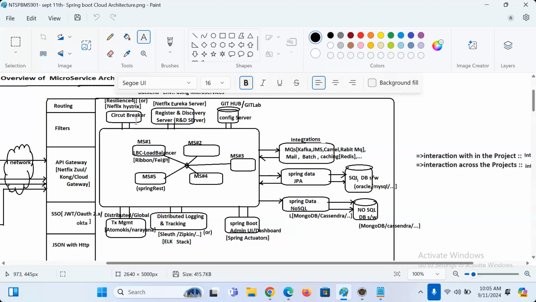Circuit breaker, guys. I may get some exceptions. Exceptions may come when a microservice is executing independently. Exceptions may come when one microservice is talking to another microservice. The second microservice is not ready, but the first microservice is talking. At that time, exceptions may rise or not, guys. Everyone please try to understand. Definitely exceptions may rise or not. Now tell me, boss.